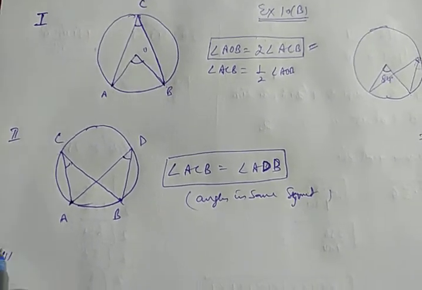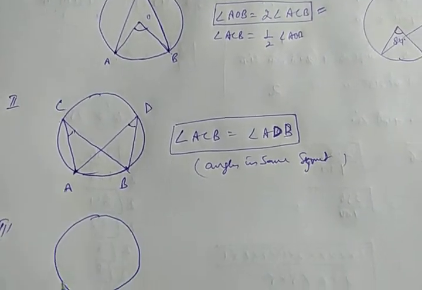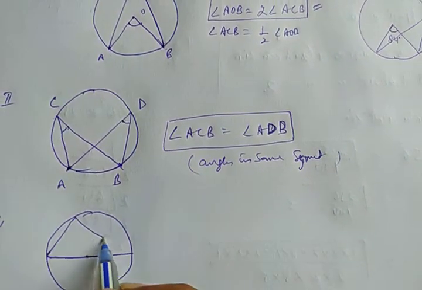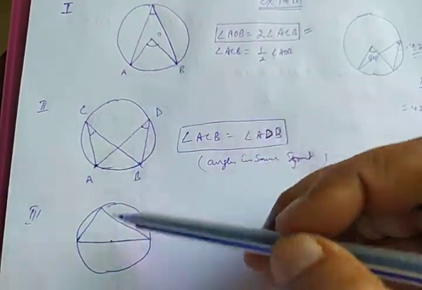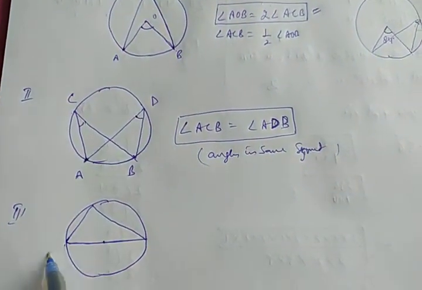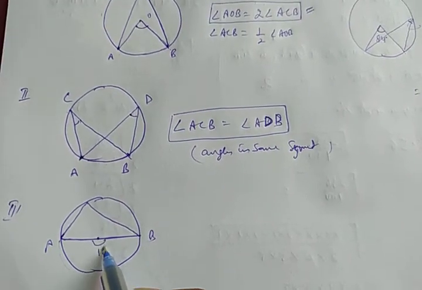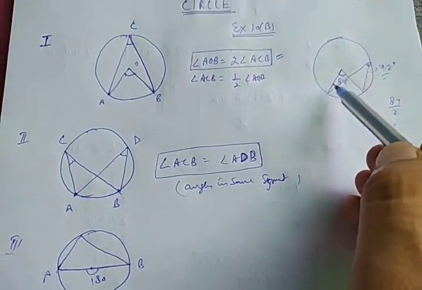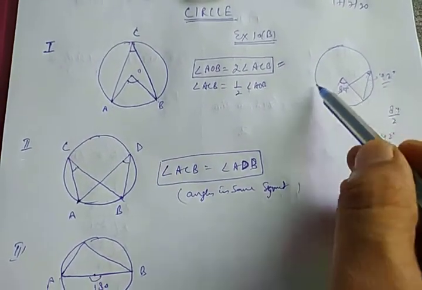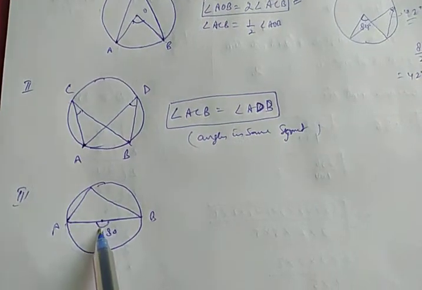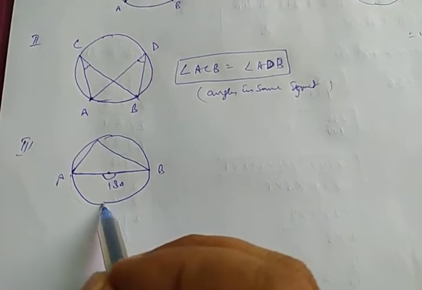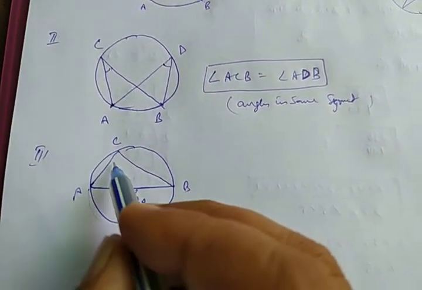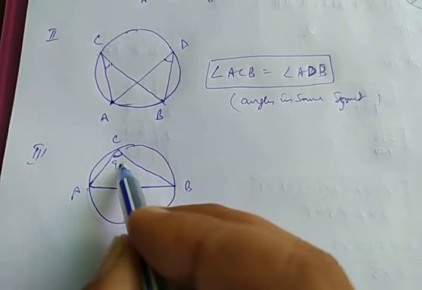Now a specific case comes. Suppose this is a diameter and angle subtended like this. This theorem will be utilized here. Suppose this is the arc AB. The value of this arc is 180 degree. In this case this is the angle. Here it is 84. If you expand the arc, it will become a straight line like a diameter, and this angle is 180 degree. Even in this case, the angle subtended at the circumference ACB will be half of this. This will become 90 degree.